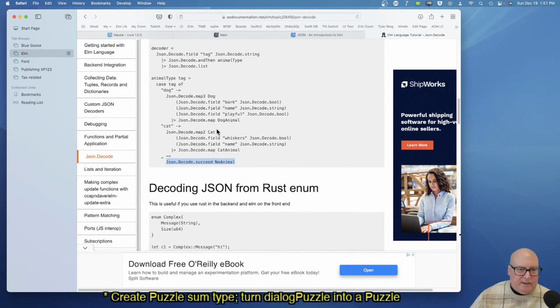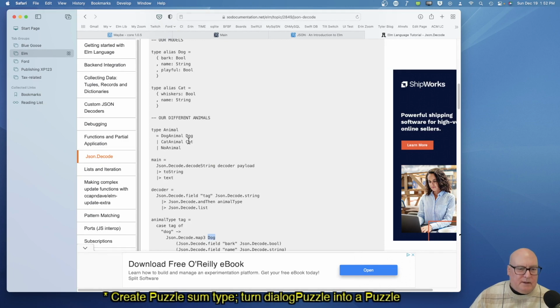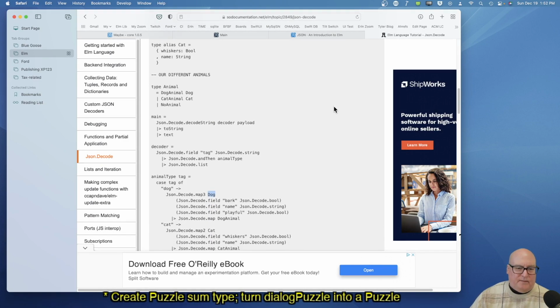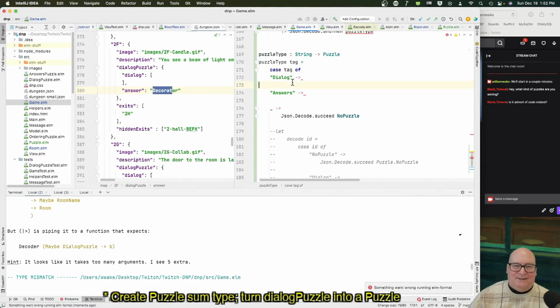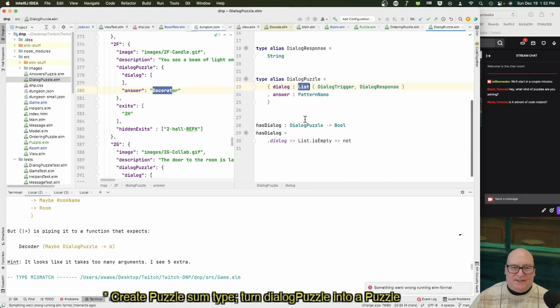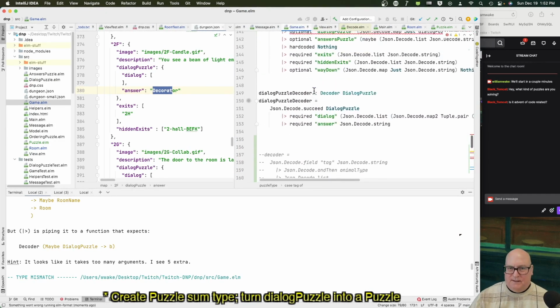Okay. If they give me a dialogue, well, I'm going to do decode map3 dog, where dog is the type. Okay. And it's got 3 fields. Well, let's see what DialogPuzzle looks like. I think it has 4 fields. No, just 2 fields. Okay. So game has dialogue as a list and an answer. Okay. So game